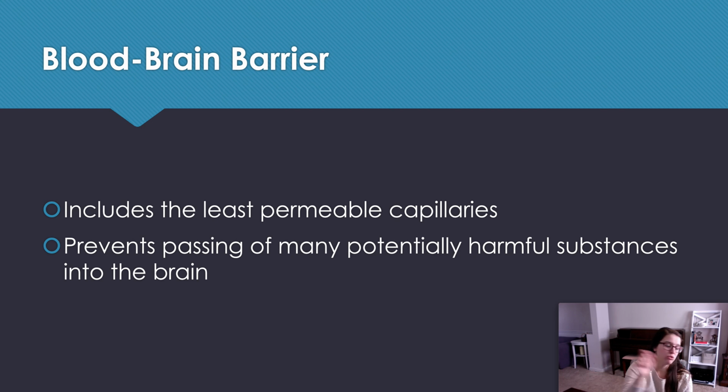Carbon monoxide, which is not so good, is able to pass through the blood-brain barrier. Nicotine, alcohol. Alcohol can pass through the blood-brain barrier. And then some types of fats are able to as well. Now, while the blood-brain barrier is beneficial to us to help prevent the majority of toxins, although alcohol and nicotine are still able to pass through,